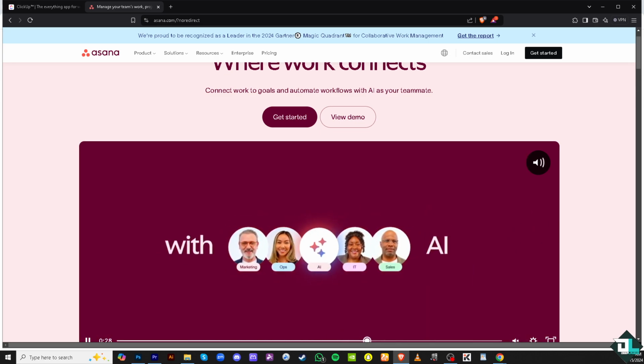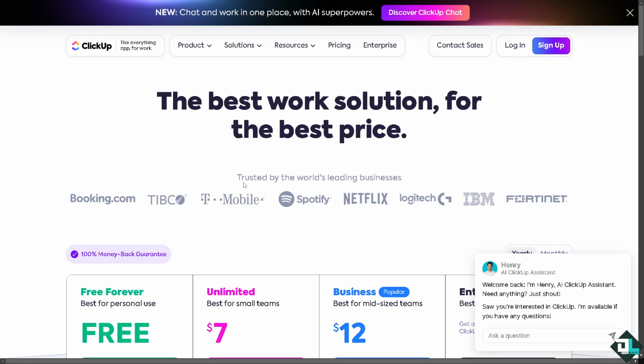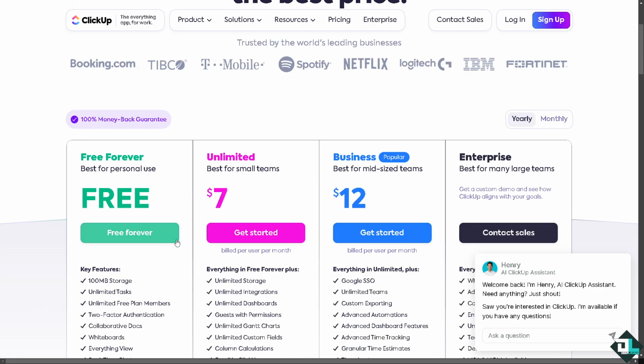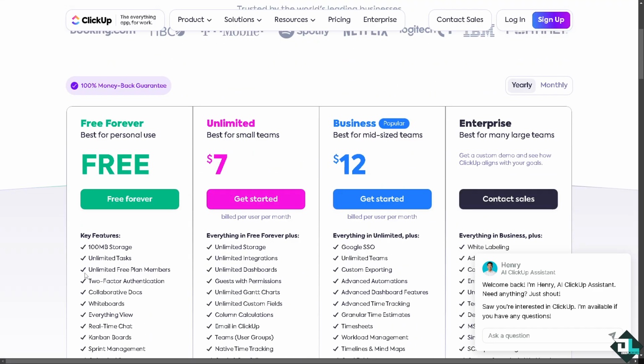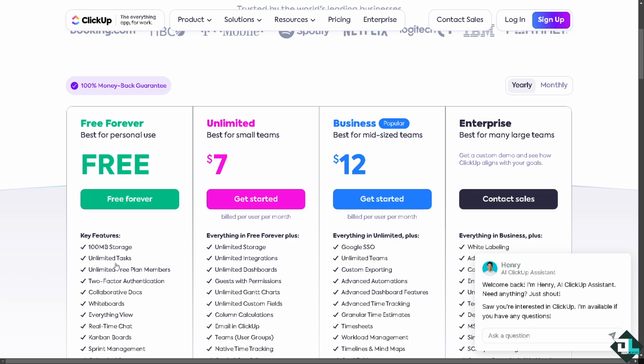So let's begin. ClickUp is a productivity and project management platform designed to help teams organize, collaborate, and manage tasks, projects, and workflows in one centralized location. If you're curious about the pricing, if you click this button right here, you would notice that they offer a generous free forever plan which has limited features that you can use. Of course, it's very ideal if you wanted to test the waters and gauge if this is going to be the